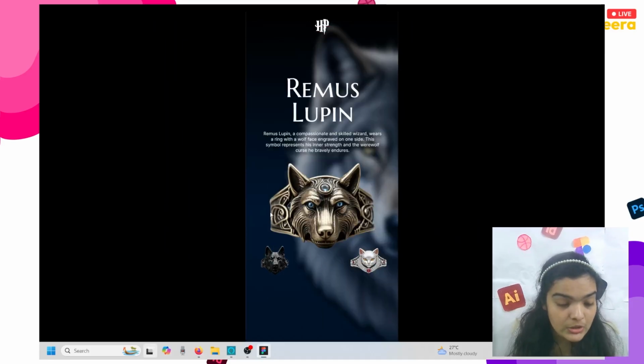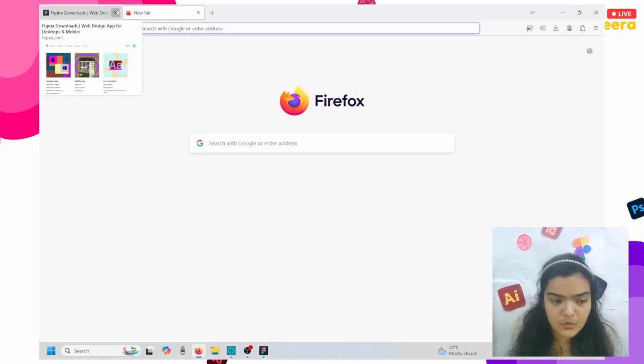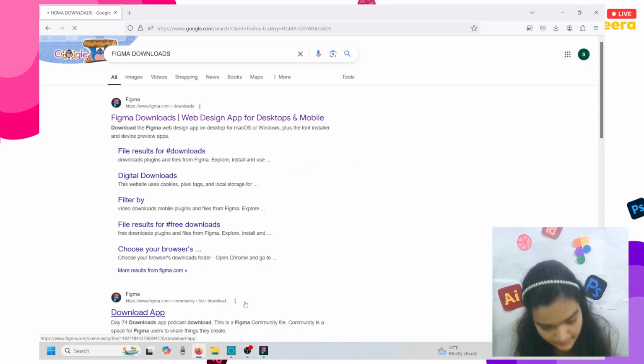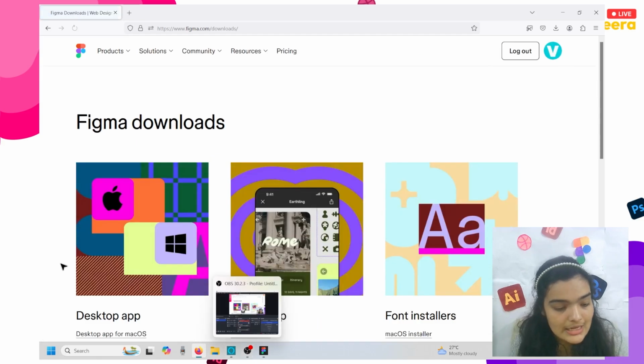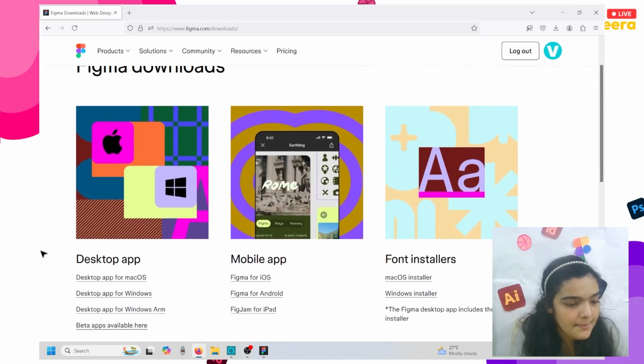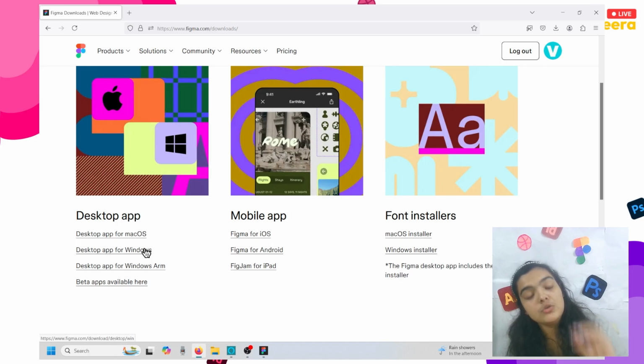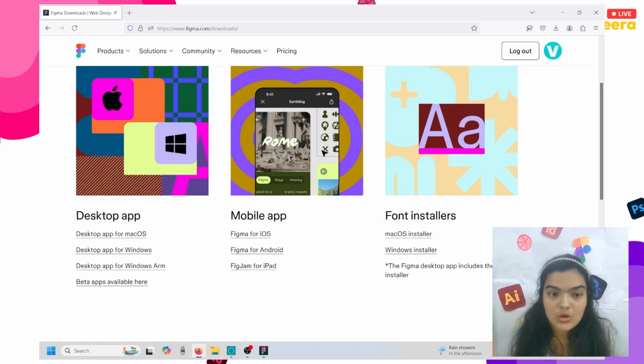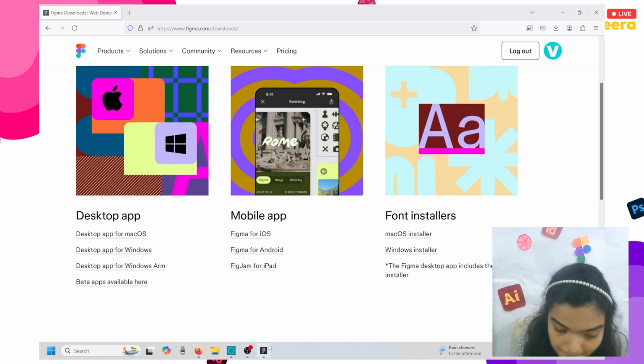The very first thing you're going to do is go to Google or Firefox, whatever it is you want to go to, and search for Figma downloads. Figma.com/downloads. This is the simplest first step. You're going to go to Figma downloads, choose your desktop app for macOS or Windows depending on what you're on. Once you've done all of the steps that the installer tells you to, you're going to jump right back into